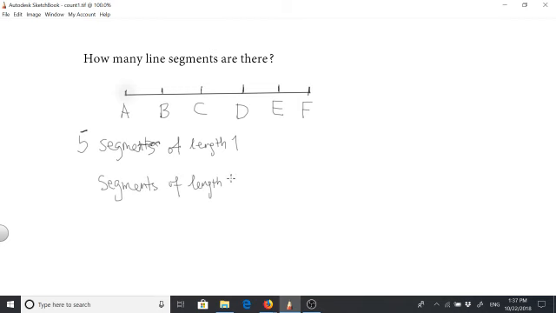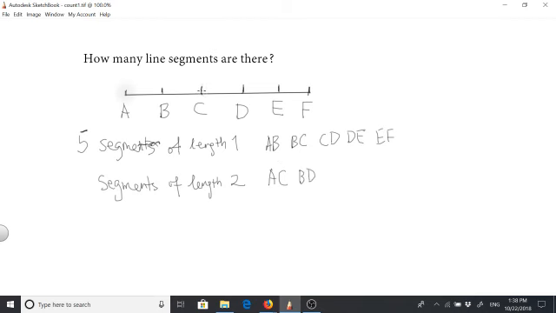of length 2. Okay, so let me write down the segments of length 1, which from left to right will be AB, BC, CD, DE, and finally EF, right? And the segments of length 2 are from left to right, you have AC, and next you have BD,